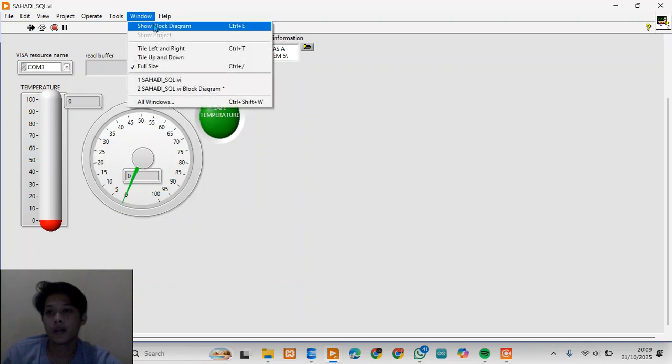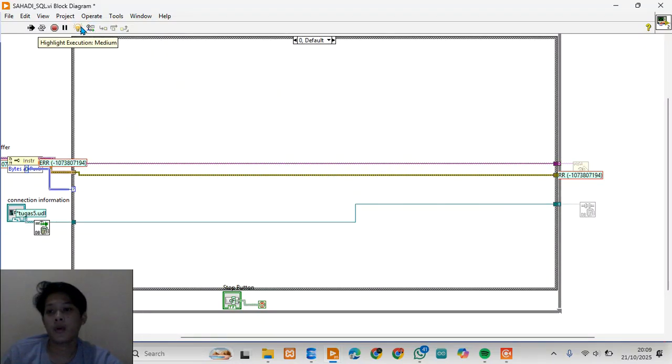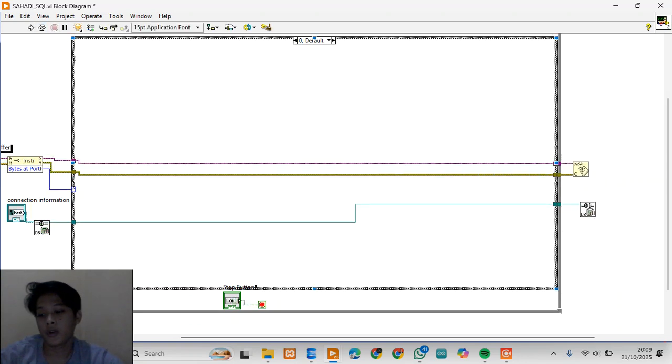Why? Oh, error. Nothing connected to my hardware.